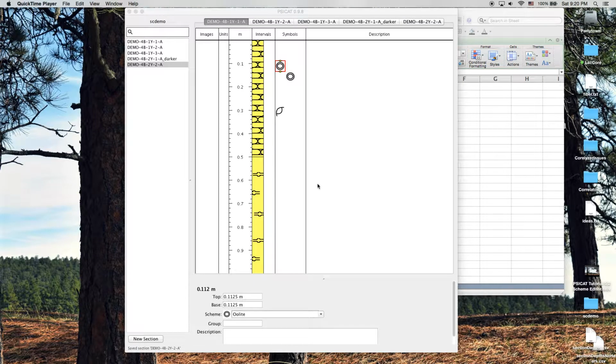Once your sections are completely described, you can export a stratigraphic column, or strat column, in PDF format. The exported PDF is intended to be imported into Adobe Illustrator or the like for further editing. To export a strat column, PSICAT needs to know what sections to include and whether to include some or all